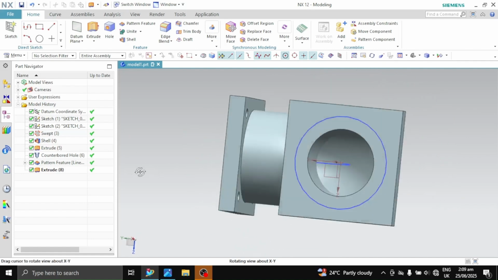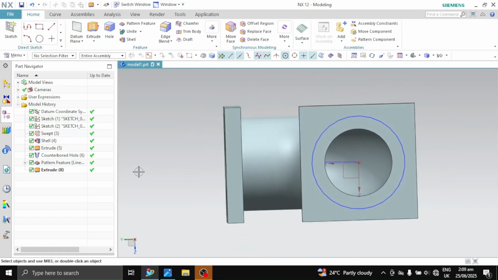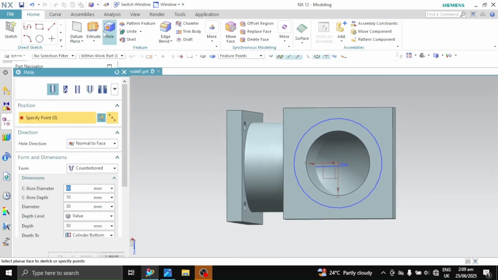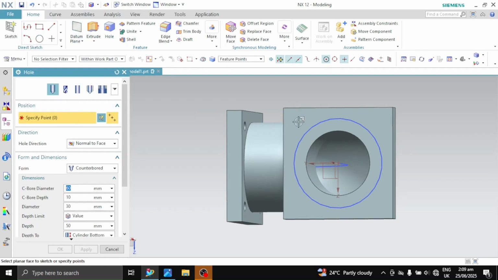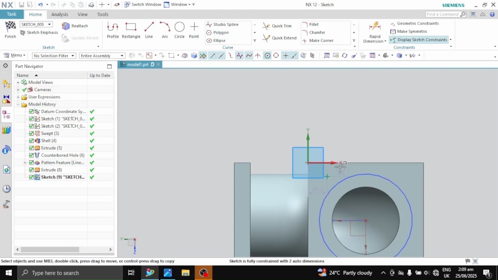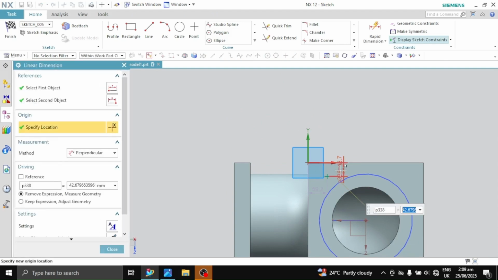We'll create the hole the same way we created the first hole. So select the hole feature and specify a point here. So the distance should be 50, and again 50.